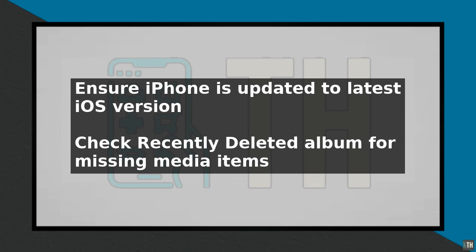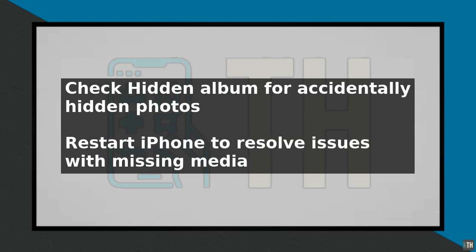If the missing photos or videos are not in the recently deleted album, try checking the hidden album. Sometimes, photos or videos can be accidentally hidden, and this can make them appear as if they are missing. To check the hidden album, open the Photos app, tap on the Albums tab, and scroll down to the hidden